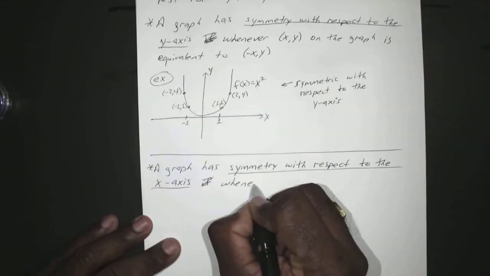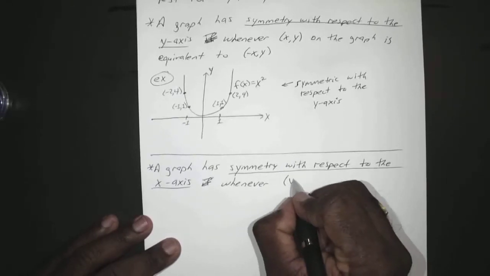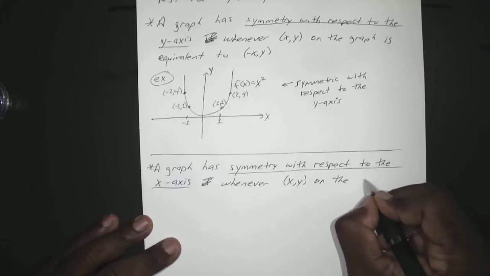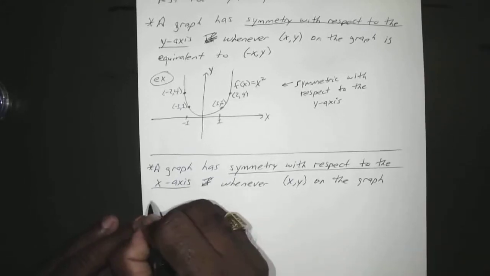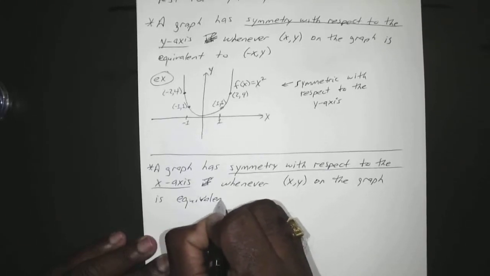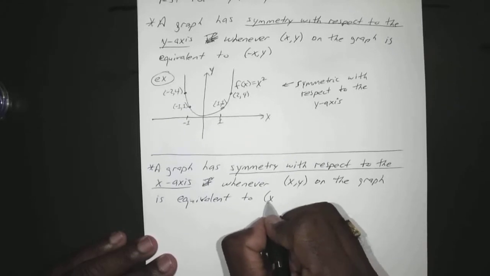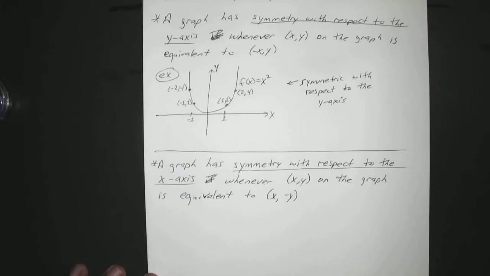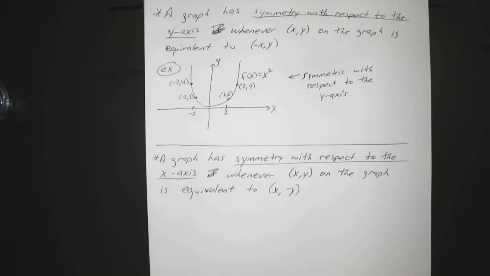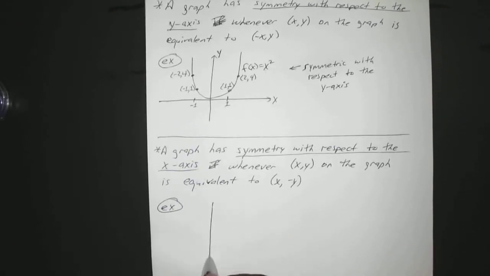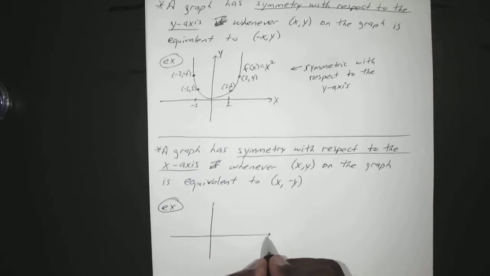Whenever x comma y on the graph is equivalent to x comma negative y. Okay, so let's say, for example, instead of